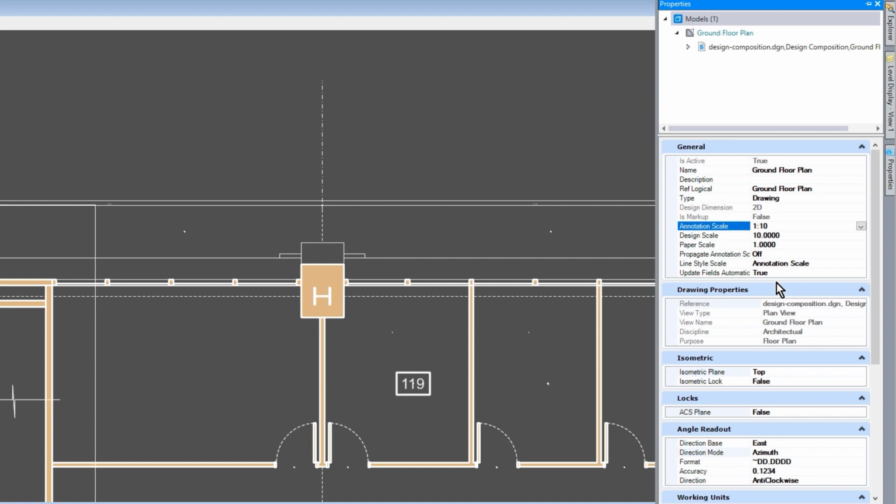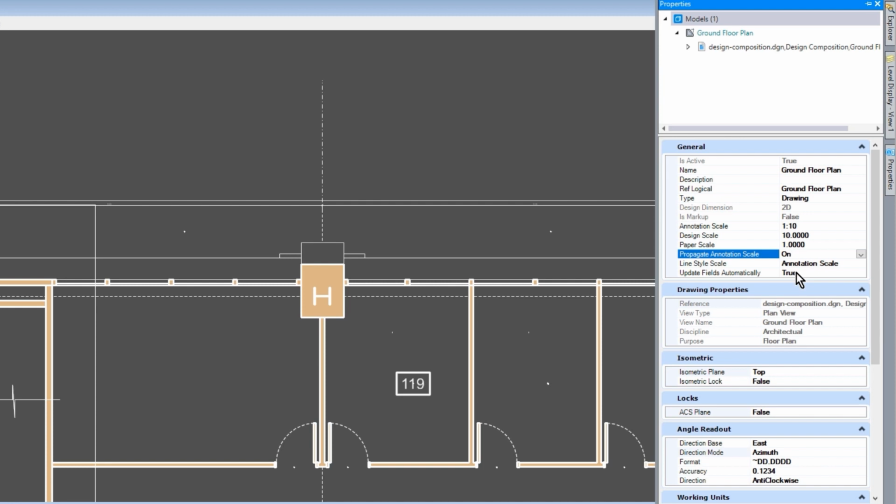If we go and take a look at this model's properties one more time, just below the current active annotation scale setting of 1-to-10, we also have a toggle entitled Propagate. Now, this is relative to anything that exists in the file already. If we make a change to the annotation scale, do you, in fact, want to apply that change or have it propagated to existing data that we have out there? And my guess is that most of the time you certainly would want to do so. So if we come in here and enable it,